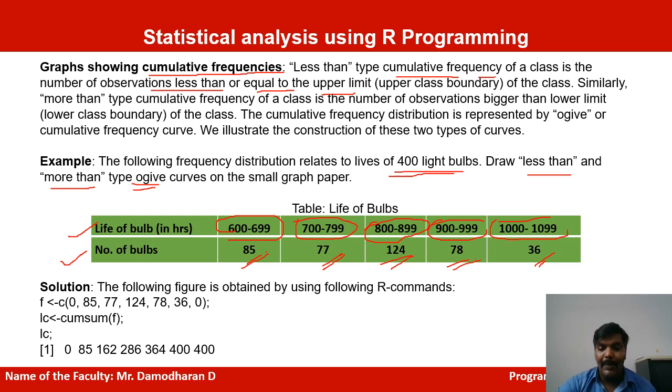The ranges will be taken as an input table from here. Based on these tables we will give an input to solve the equations. Observe the following commands. We first do 0, 85, 77, 124, 78, 36, 0. The intermediate ranges are filled, and the starting and ending ranges are 0, 0. So it will complete a circle. Based on that we start from 0 to 85, then 36, then it reaches 0. So it will total the count as 400. It will complete the process from that end range.